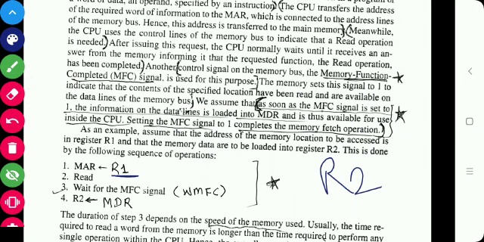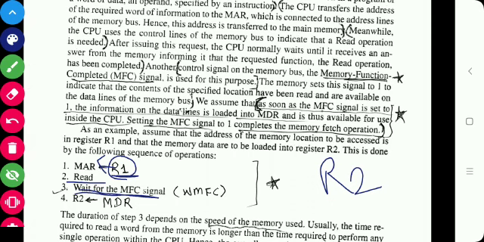of the instructions is: first, R1 contains the address of the memory location. So from R1 that address is loaded into MAR. After that, as we are performing the reading operation, the second step is read. Third, when the read operation is completed, another control signal is issued by the CPU, that is the memory function completed signal. So we have to wait for the MFC signal. MFC means memory function completed signal, which indicates that your operation is completed.